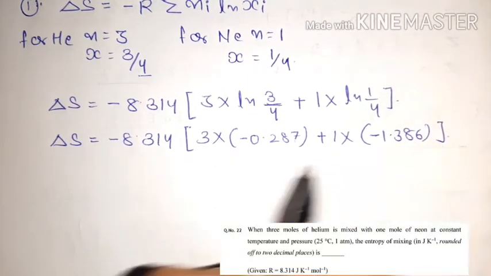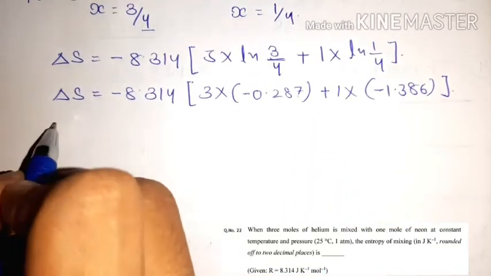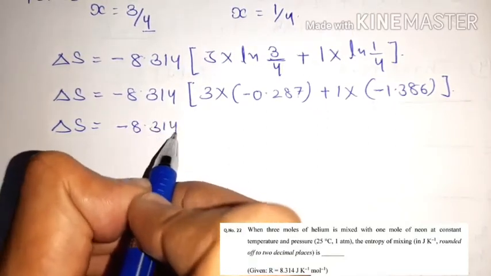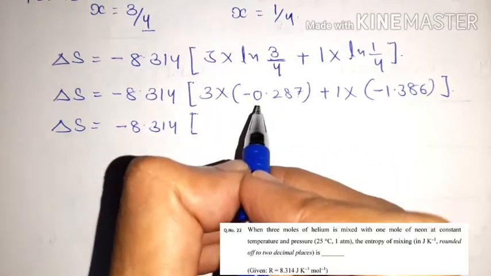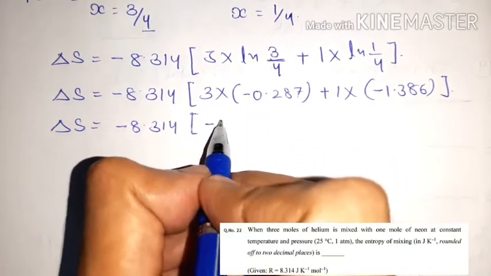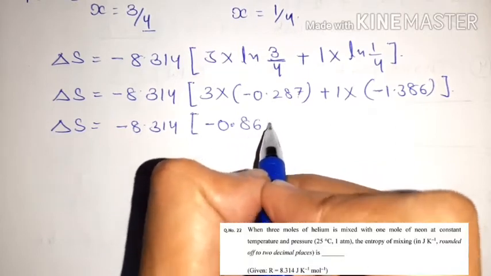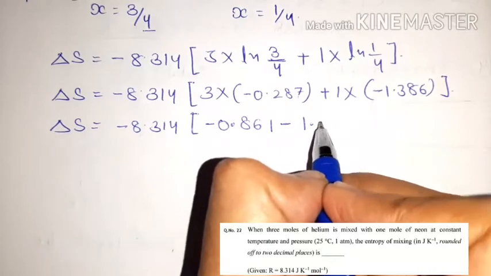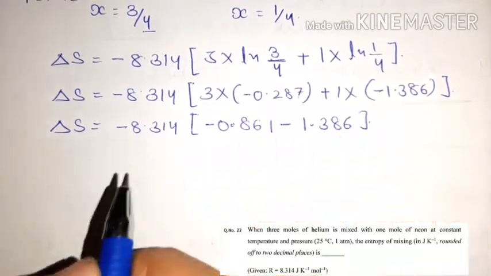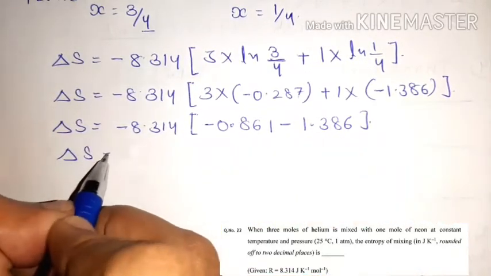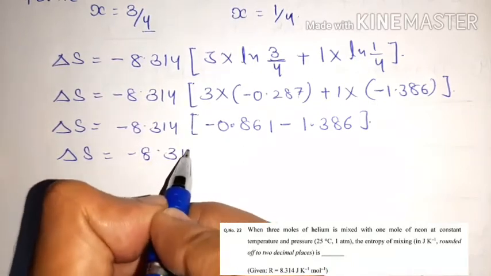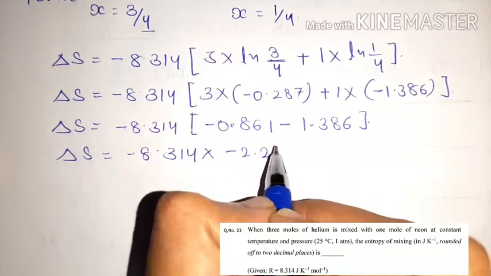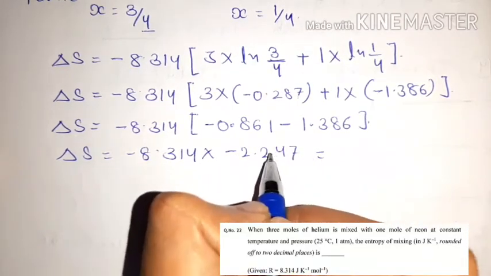Okay, so after calculating this, 3 into minus 0.287 is minus 0.861, and this will become minus plus minus, minus 1.386. So ultimately we have the value minus 8.314 into minus 2.247, and when you calculate this term,